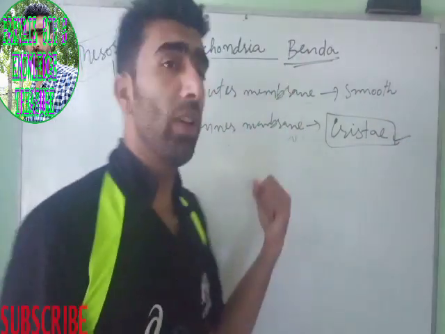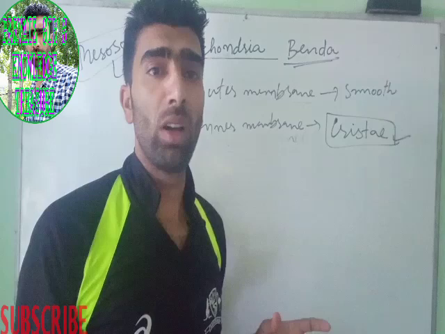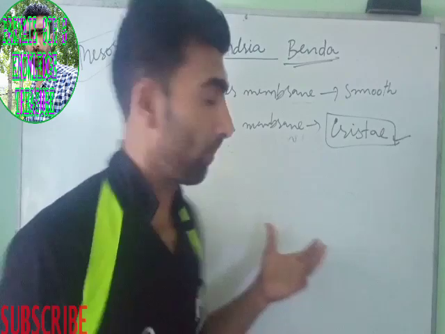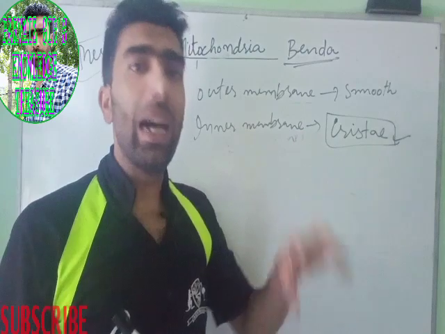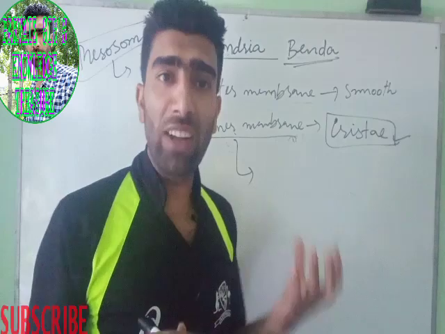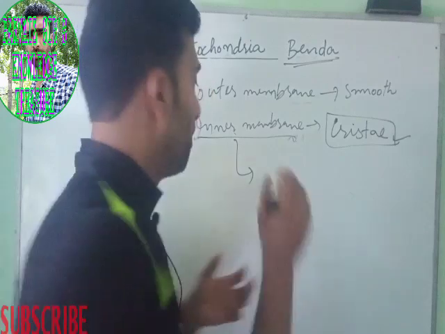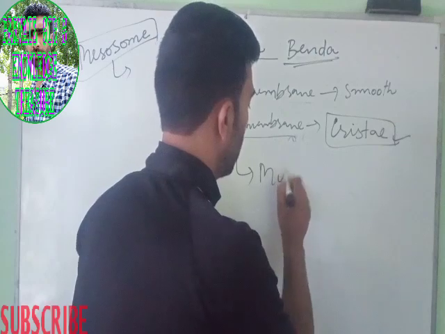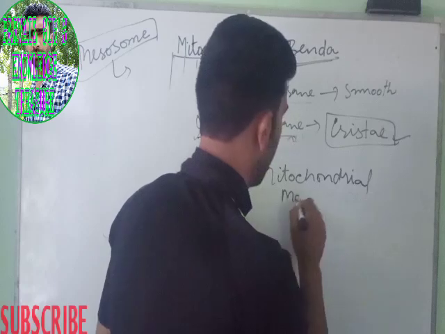There is a space between these two membranes that is called intermembrane space or perimitochondrial space, which is filled by a watery fluid. Now, the structure inside the inner membrane is in fact filled with a matrix and is hence called mitochondrial matrix.